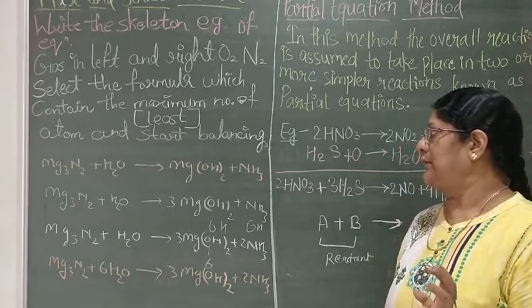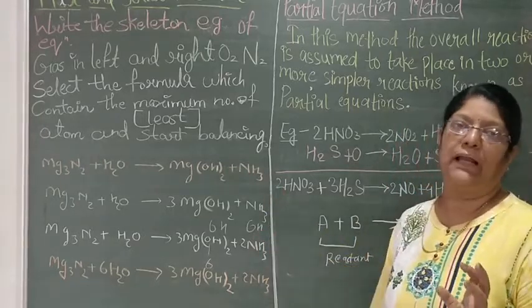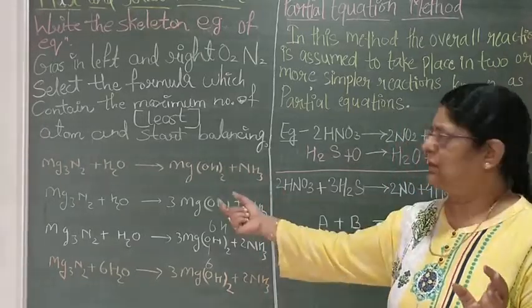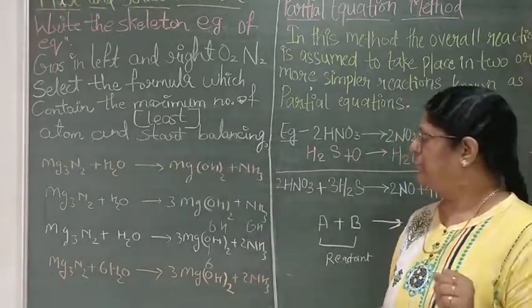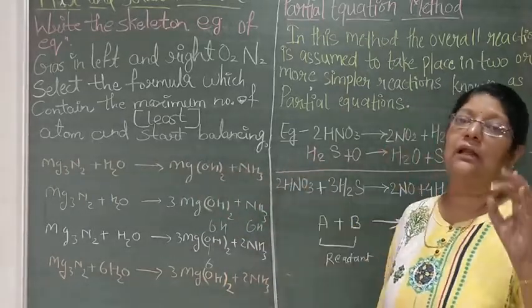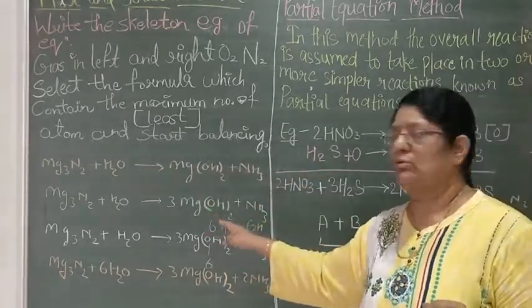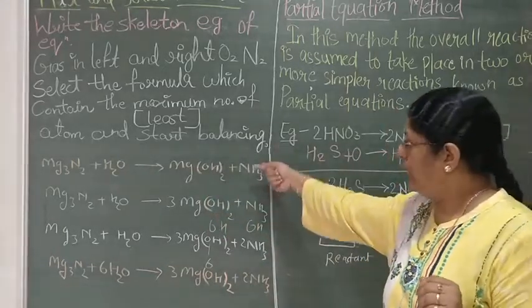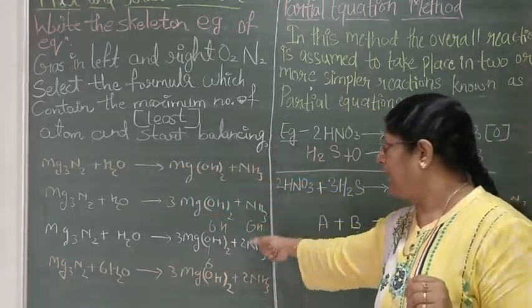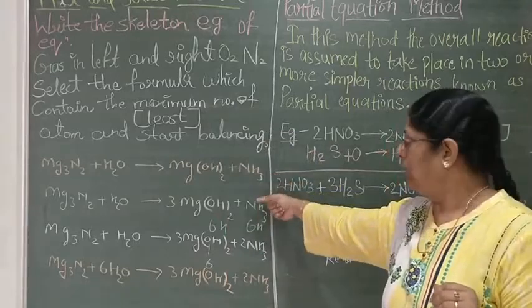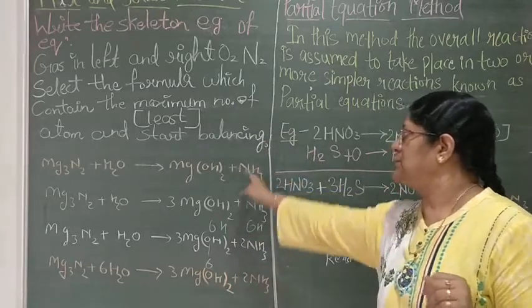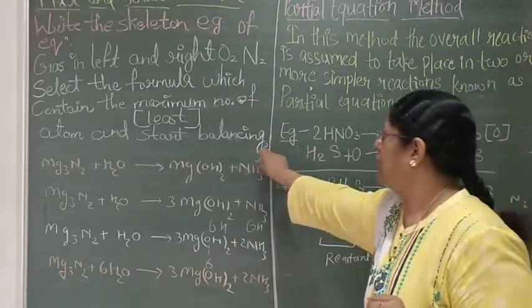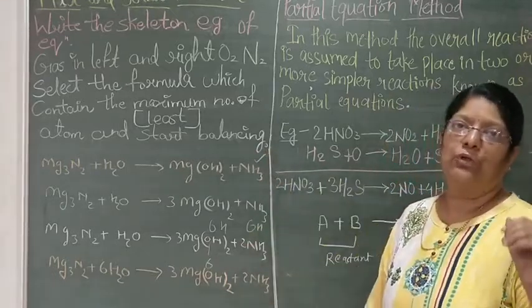After balancing the metal I will balance the non-metals. So first I balanced magnesium, then nitrogen, and at last hydrogen and oxygen. I balanced this skeletal reaction in 3 steps through the hit and trial